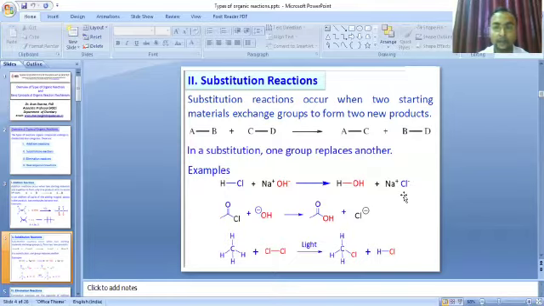Here you can see some examples, and different colors are used to make the mechanism clearer. HCl reacts with NaOH, which is a simple reaction, to give the products NaCl and H2O. Here the chlorine of HCl is replaced by hydroxyl ions. In the second example, COCl reacts with hydroxyl ions to give the product COOH, which means the red hydroxyl ion replaced the chloride ion. In the third example, methane reacts with chlorine, which is a free radical reaction, and one hydrogen atom is substituted by chlorine to give the product methyl chloride.